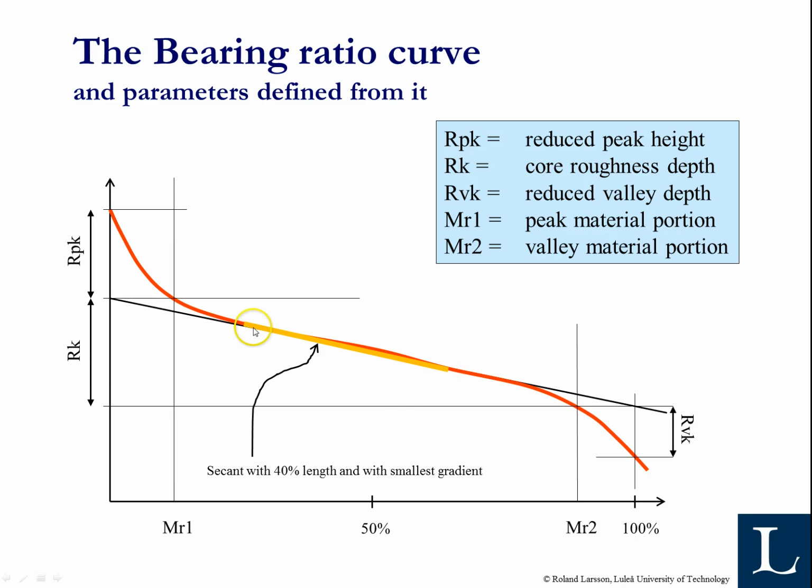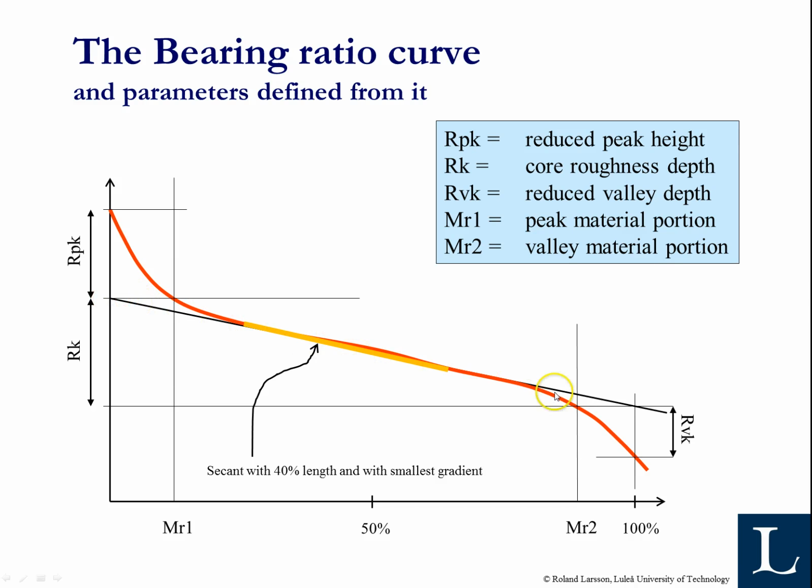You move it, starting from here, and take the secant at 40%, then it will cross here, and you try to find the secant with the smallest gradient, because around here it has the smallest gradient. Here it starts to increase again, and then you fit a line to that